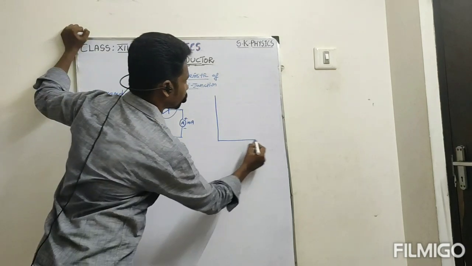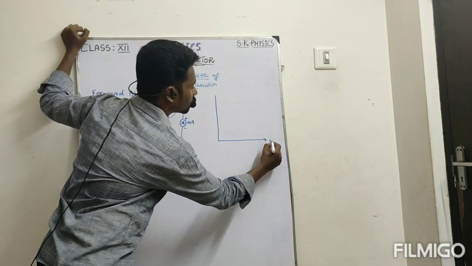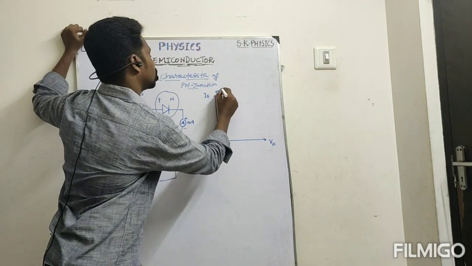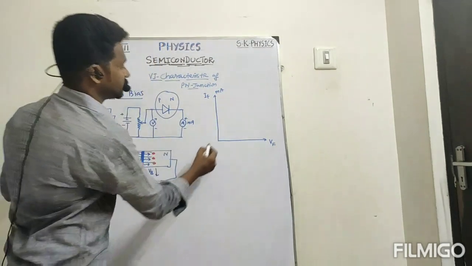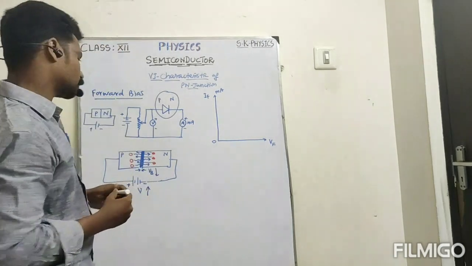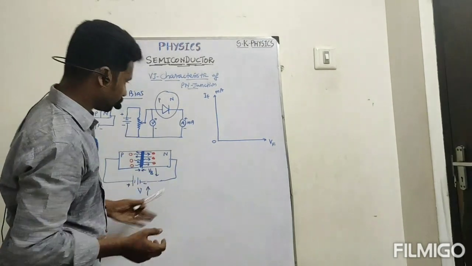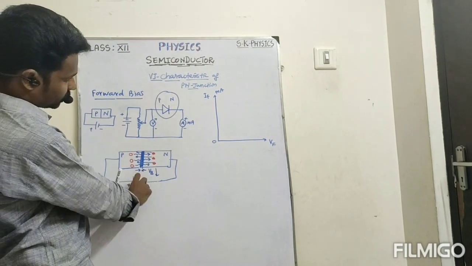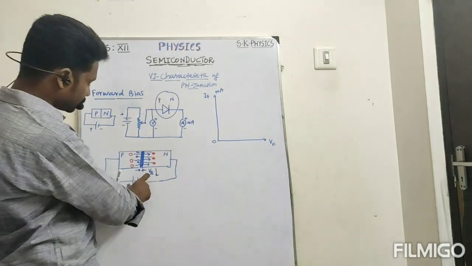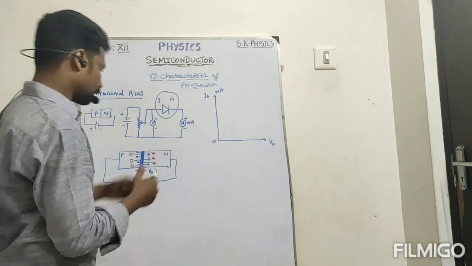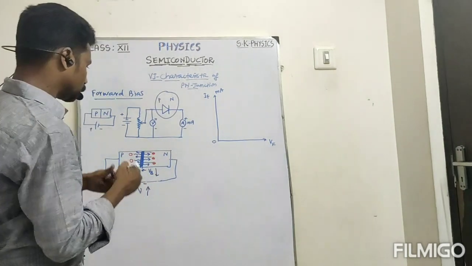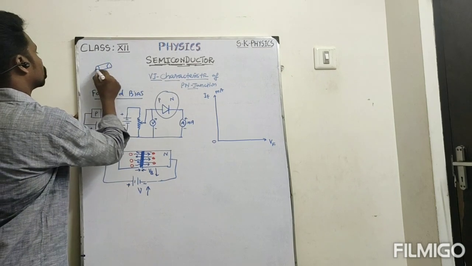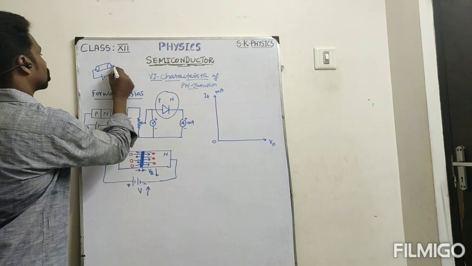With this, I can now explain with the help of the graph side by side. This is the voltage in forward bias, and here the current in forward bias in milliamperes. This is the origin. So please listen, students. I will increase the applied voltage. While increasing the voltage, suppose it is a conductor. If it is a conductor, what happens? Say, for example, it is a conductor connected with the battery like this.